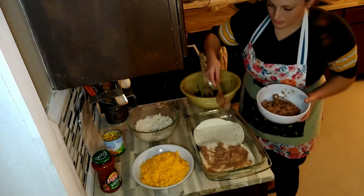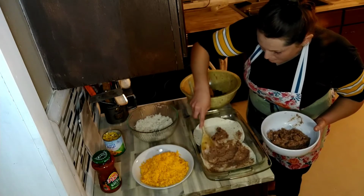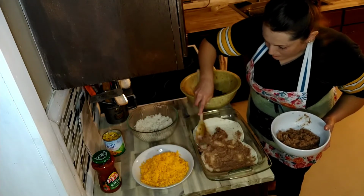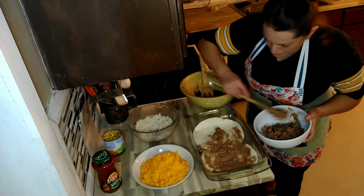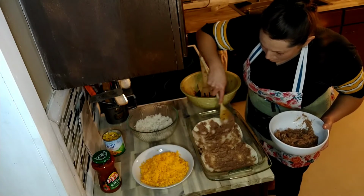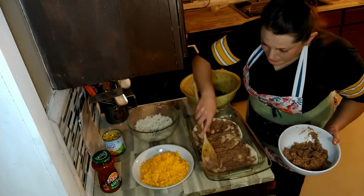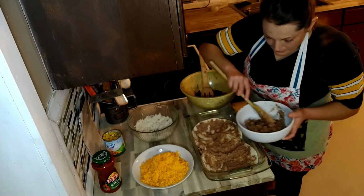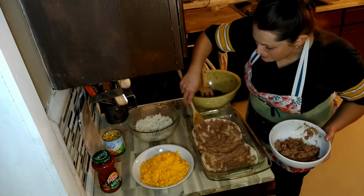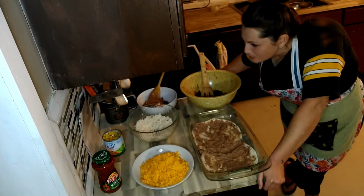So while I layer this here, I wanted to take a minute just to thank everybody for watching and thank everybody for the overwhelming amount of messages and comments. You guys don't know how much that means to me. I have learned so much already. I know you probably can't tell from me layering these beans on these tortillas like this, but a lot of people have messaged me and given me advice and tips, and I'm just so grateful for that and really surprised at the following, and I'm really glad that I can do this and honor my mom's memories like this, but also entertain a little bit and